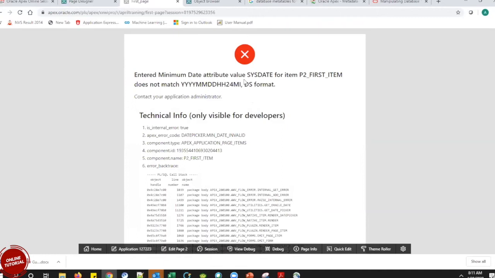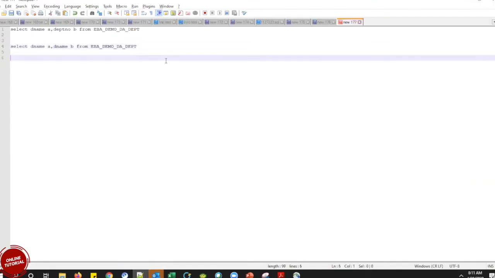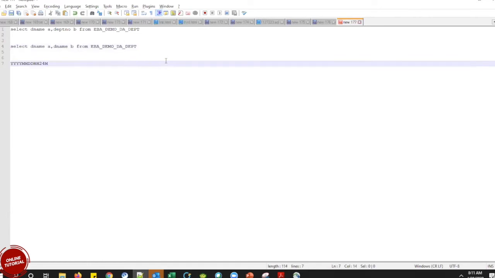Again, it says it doesn't match my format. So if I am having any error, my error would be something like this, where I would see what error I have got. Now this format is not acceptable. That is what the error is saying, and it should be in a YY month and date format.